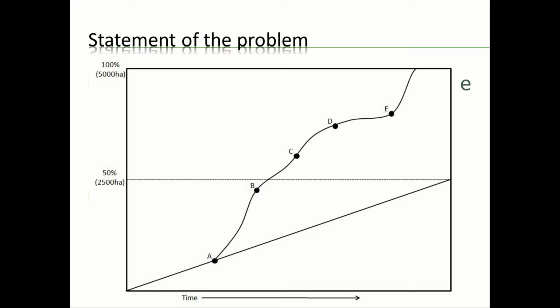By point D, though, maybe another eviction happens, and the large holder is now back in control, and deforestation levels off because the property owner might be in a wait-and-see situation. By point E, perhaps there's an expropriation. The land's taken away and given to these property occupiers. This happens most of the time after a number of years of back and forth, occupations, evictions, etc. And at this stage, complete deforestation generally follows pretty quickly.